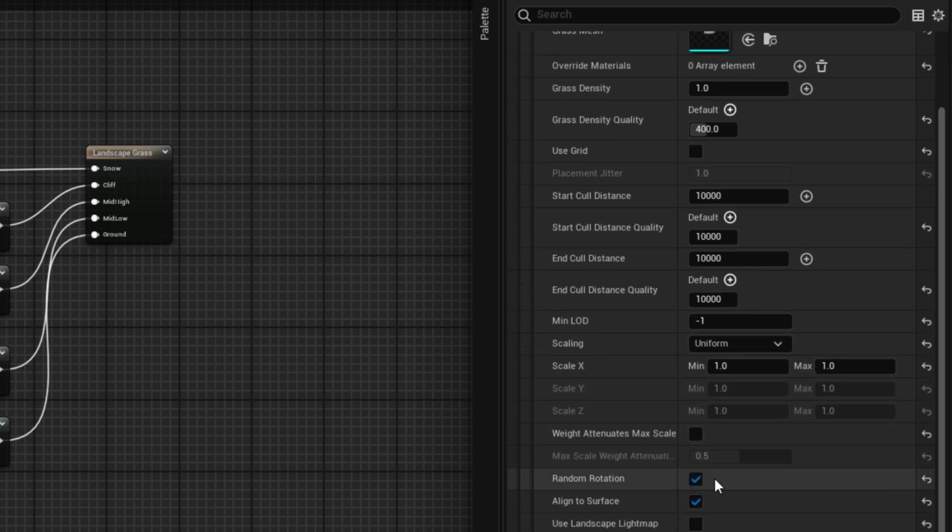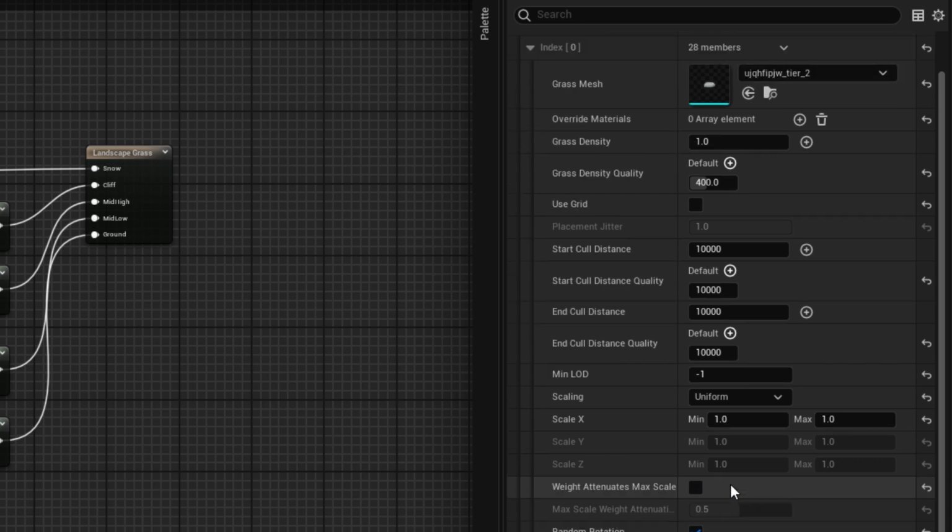What other things are there here? Random rotation is on by default. You usually want that on because you don't want all of your meshes facing the same way. And align to surface will have the mesh showing in the same direction as the normal or the slope of the landscape. So if it's quite sloped, it will face out in the slope direction. For things like rocks and grass, that's usually fine to leave it, but if you have a tree, you don't want it to grow at too strange an angle. So if you turn that off, it will grow up vertically, which is what you want. And everything else you can probably figure out, or it's not relevant.